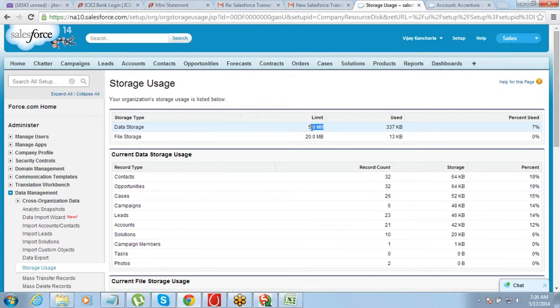Now 5 MB is really a very small space. You can store close to 200 or 300 records. 300, 400 records you can store, but 300, 400 records is very, very small for any business, right? So for that reason, you cannot use it for practical things. It's fine if we want to learn. It's fine if you want to develop something and test with a few records, but we cannot use it for the business, right? So the limit that we have on our developer edition is 5 MB.